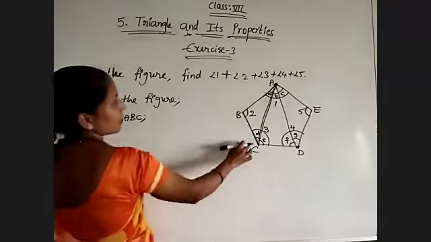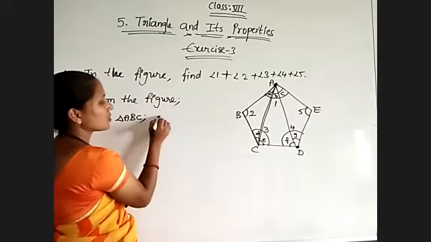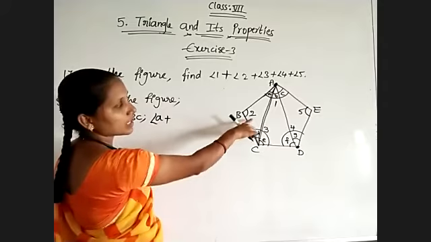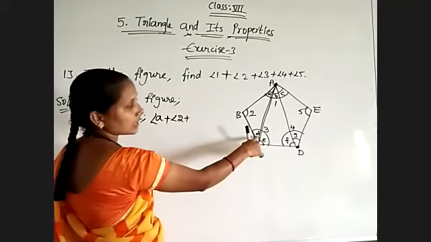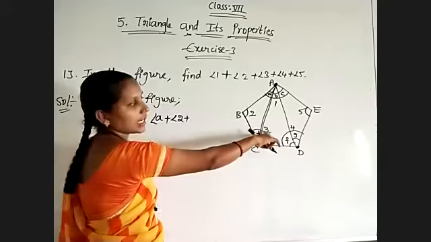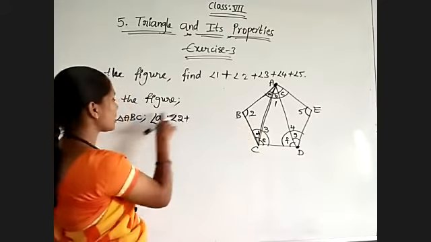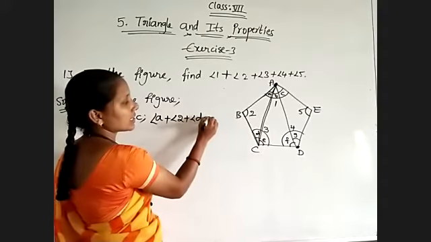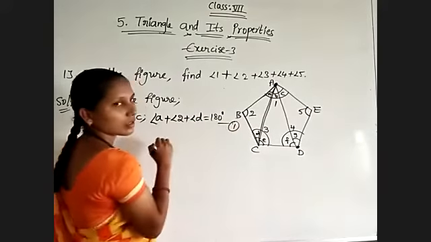So CAB is angle a. It is very clear from the figure. I have used different letters. So angle a plus angle B, which is angle 2, plus angle C is nothing but d. Actually it is completely angle 3, but we are not using it completely. We are just using triangle ABC. So here angle a plus angle 2 plus angle d is equal to 180 degrees. Let it be equation 1.